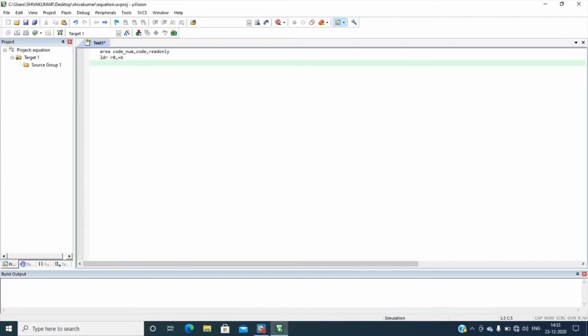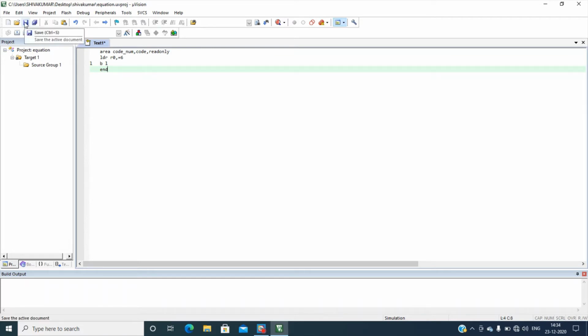Then I want to keep the execution here only, hence I am using the branch instruction, that is B, and L is the label. As for the label, you have to type L here. Then END, and save the file.